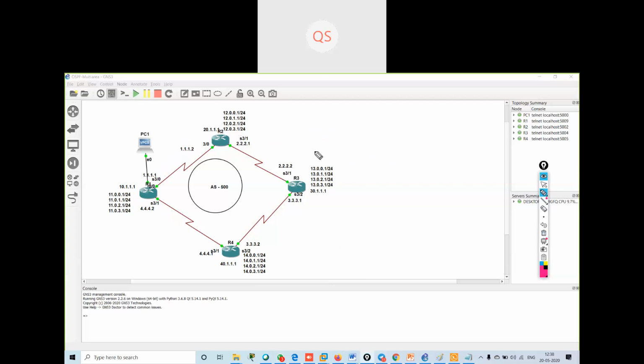So if you're using the route maps, is it kind of load balancing on the links? Yes, load balancing.